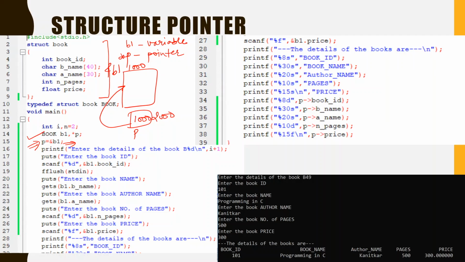Now let us see how to input the values of the variable. We are going to input values through the normal variable,